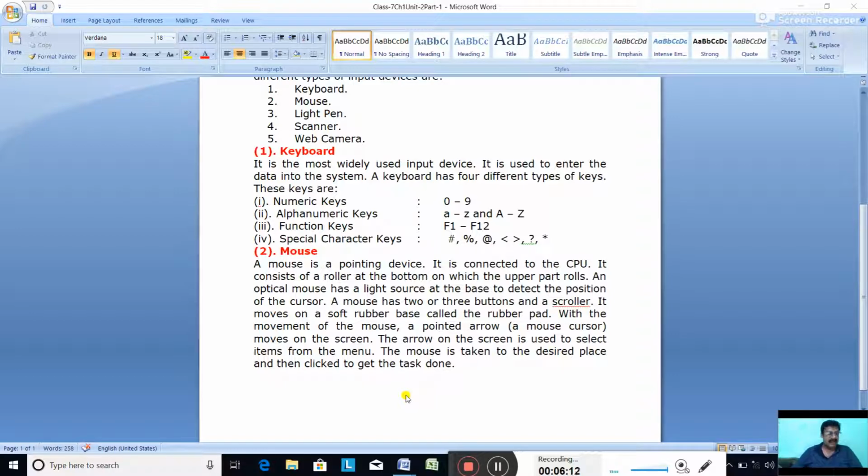A wireless keyboard or mouse can be connected using the RF technology, radio frequency technology. RF means radio frequency technology, with the help of two devices, that is a radio wave transmitter and a receiver. The radio wave transmitter is inside the wireless keyboard. The radio wave receiver is plugged into the computer using the USB port. It is a small size. Once the receiver and transmitter are plugged in, the computer recognizes the keyboard and mouse.